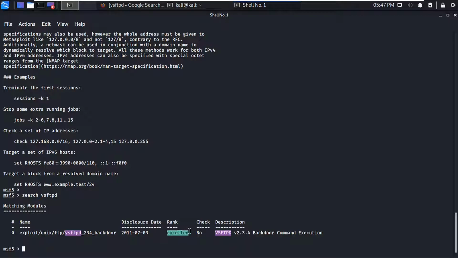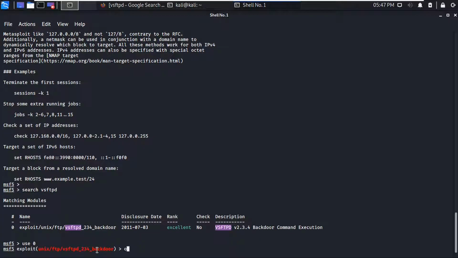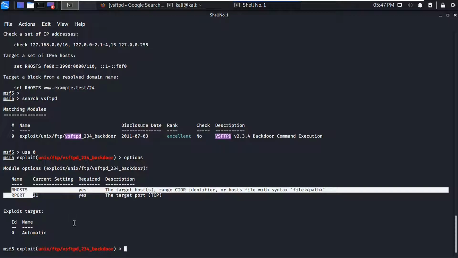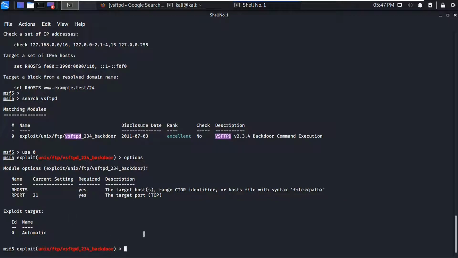The rank is excellent, so it can hack your VSFTPD protocol. Let's use this, and the index number is 0 here, so we will use index number 0. Now we have to set options. First of all, we need to check which options we are going to set, and it needs only two options: the RHOST and the RPORT. The RHOST option is for setting the target host IP, and FTP usually runs on port number 21, so it is already selected. So let us set the RHOST